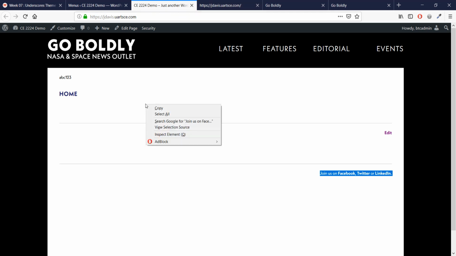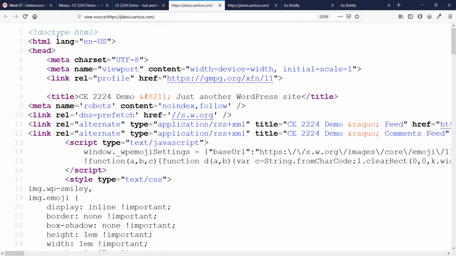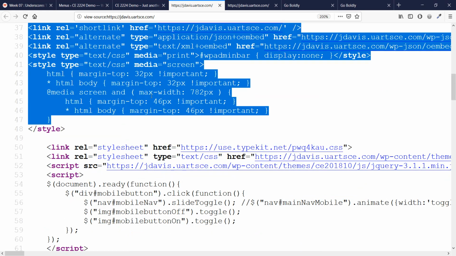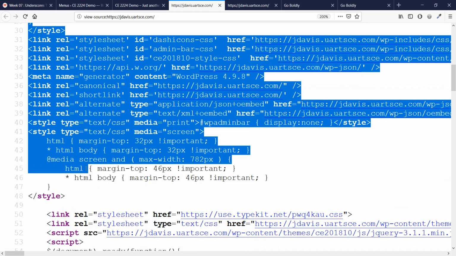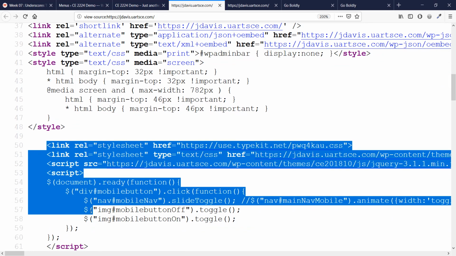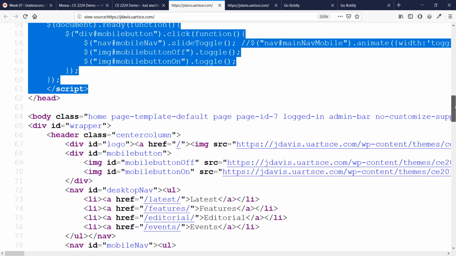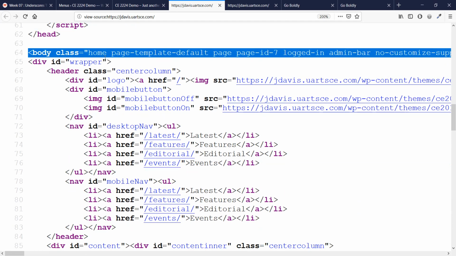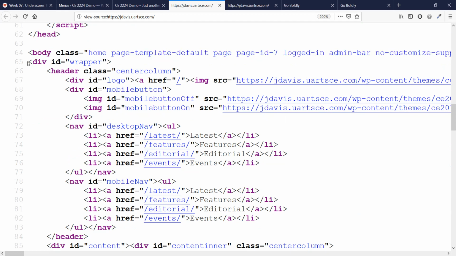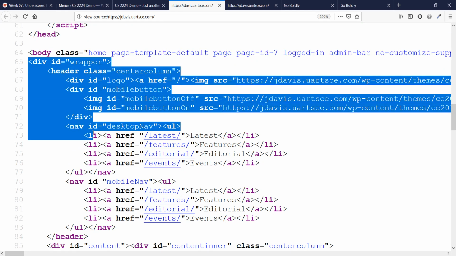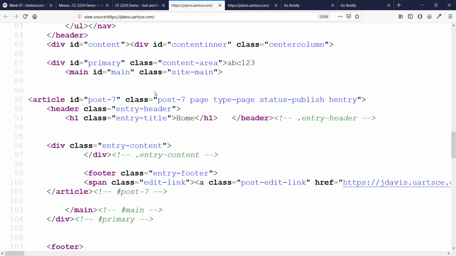And if we look at the view source, again, we see all this stuff. A lot of this is added in programmatically by the WP head. But then we see my code right before the end of the head tag. This is all my code here. We see the body, which adds in those body classes. And then we see as far as the wrapper, this is all of my code that I put in, all the way down to,